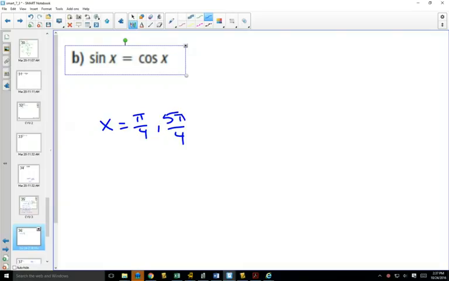Okay? We can also use the strategy we used in that first one. The strategy in the first one was, if we can get our equation just in one trig function, then probably we can solve this. So in this one, if I divide both sides by cos, I'll get this. Can you see a way that I can change this so that it's only one trig function? Sine x over cos x is tan. And so if we had tan x